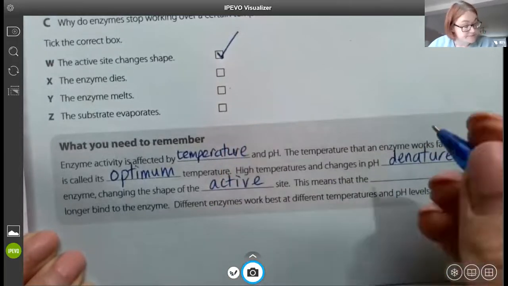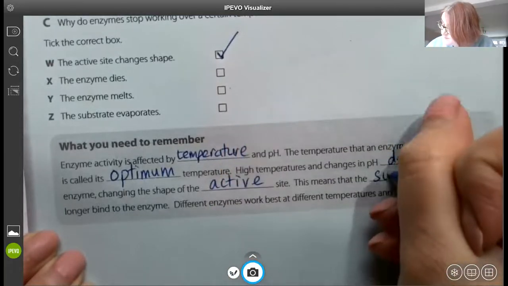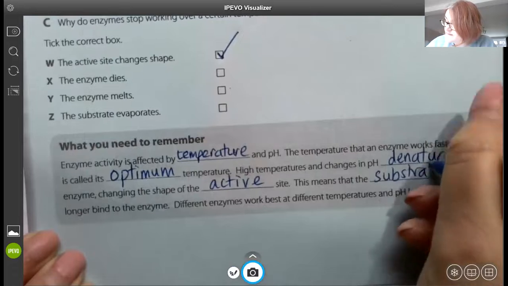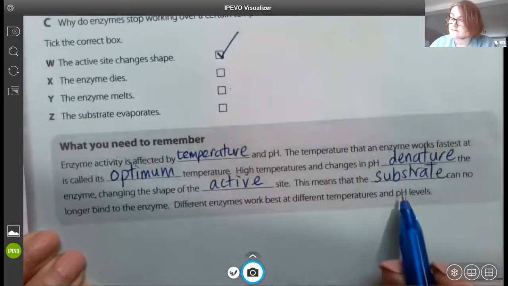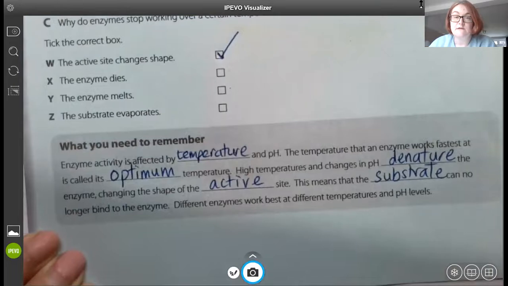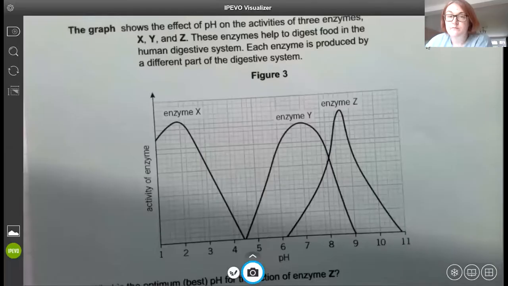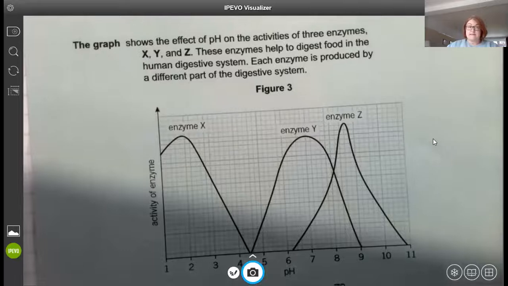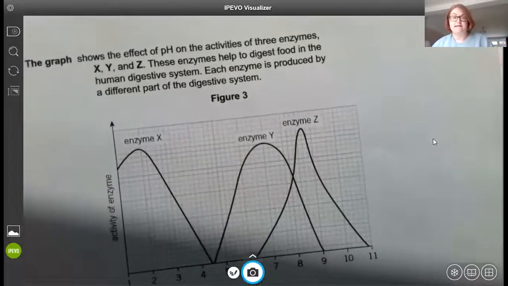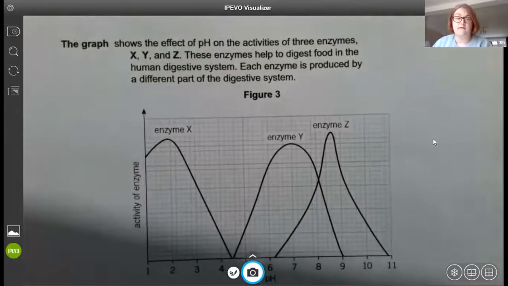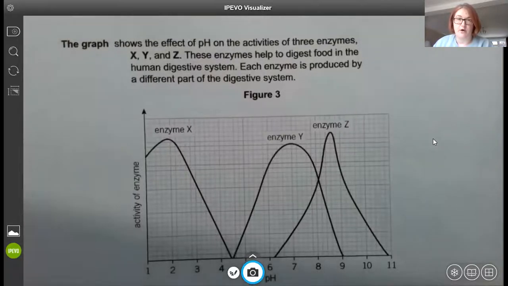This means that the substrate can no longer bind to the enzymes, and then you've got the last sentence there. So we've done a couple of the tasks for today's lessons so far. Okay, so next activity for us to have a look at, we've got an exam question. This is saved in the Google Docs, and also you've got a separate copy of it if you want to